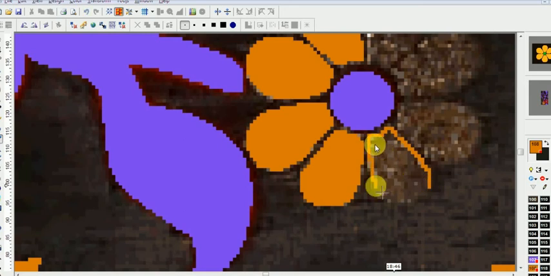Almost completed. This one also, body of saree also.